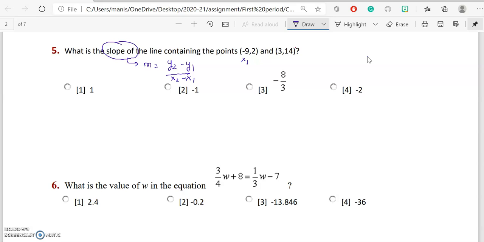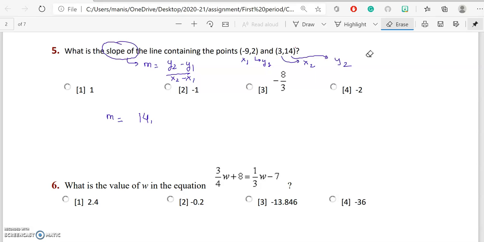First of all, I need to assume what is my x1. If this first number is my x1, the second number will be my y1. If this is my x2, this number will be my y2. So the only thing I am left with is to substitute my values. So y2 is my 14,